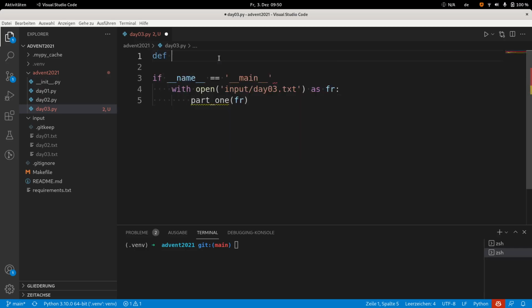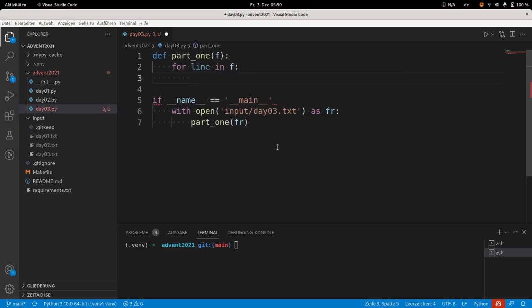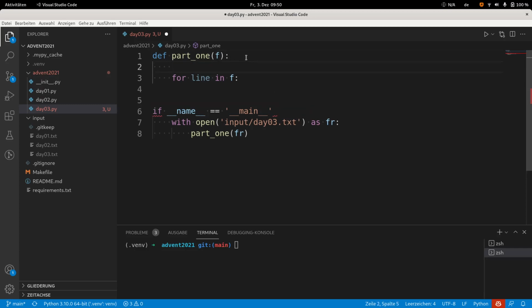What do we do in this function? We first have to go through the lines, so for line in f. Now for every line we have to split the binary value that we find in the string into zeros and ones, and essentially keep a count of how many times we found a 0 and a 1 at a given position in the whole file. So let's create two variables before we cycle that contain the count of the zeros and the ones. So we call them zeros